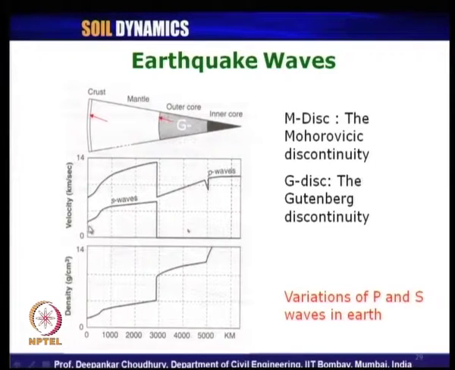And what about the S wave? Its crustal velocity is about 3 kilometers per second. When it goes deeper in the mantle, it increases, but when it comes to the boundary of mantle to outer core, it drops down to absolute 0, because the outer core is in a liquid state. And how does the earth's interior density vary? As I was saying, from crust to mantle, the density keeps on increasing. These are the typical values of density in gram per centimeter cube from the earth's crust to mantle, and then outer core and inner core.